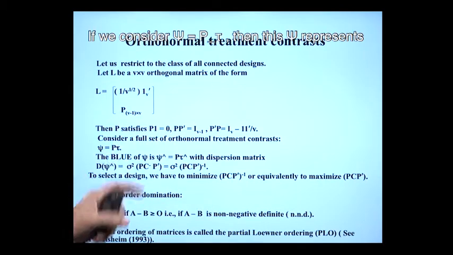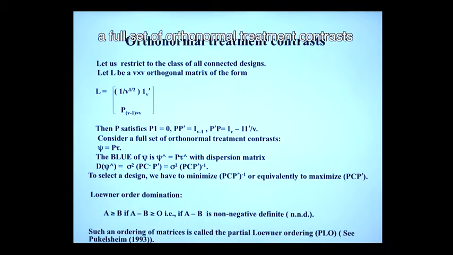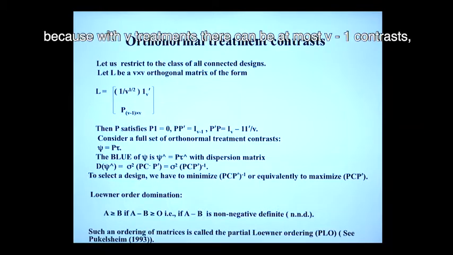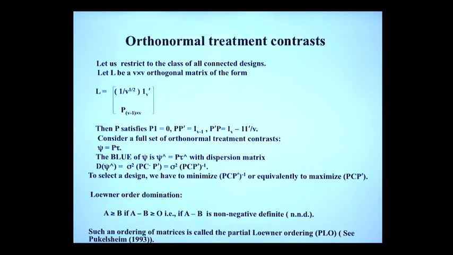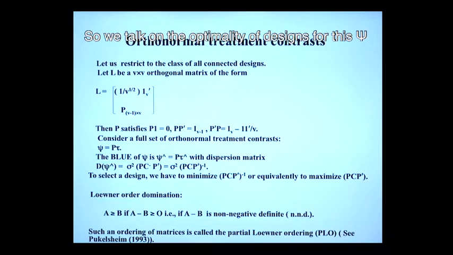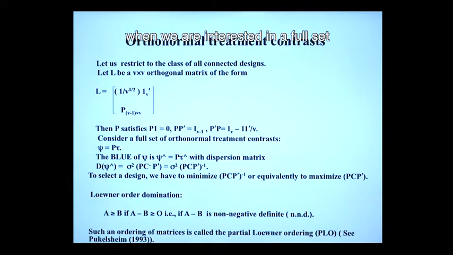If we consider psi equal to P tau, then this psi represents a full set of orthonormal treatment contrasts, because with V treatments there can be at most V minus 1 contrasts, and since P P prime is I V minus 1, all the contrasts are orthonormal, not only orthogonal, but orthonormal. So, we will talk on the optimality of designs for this psi when we are interested in a full set